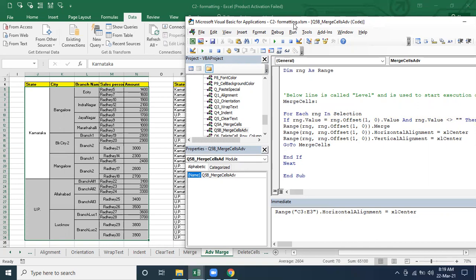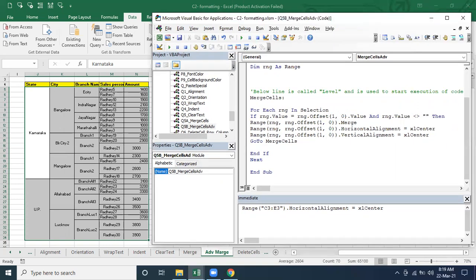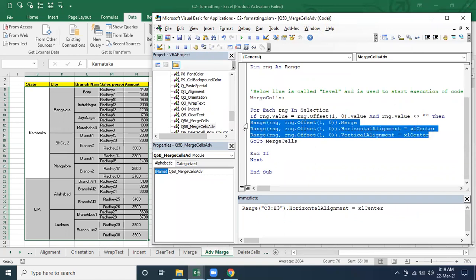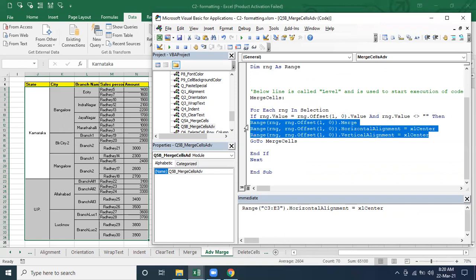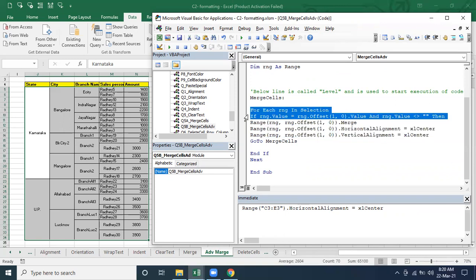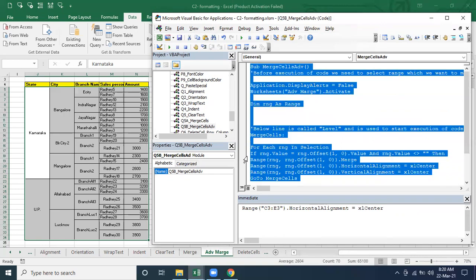So first of all, Tarun, the thing is I have not used anything here. Okay, I use only these small basic things: how to merge, how to do the alignment, and how to do vertical and horizontal alignment. These three things I already covered for you in detail. Only the thing is, here it is about how you are going to think about it logically.